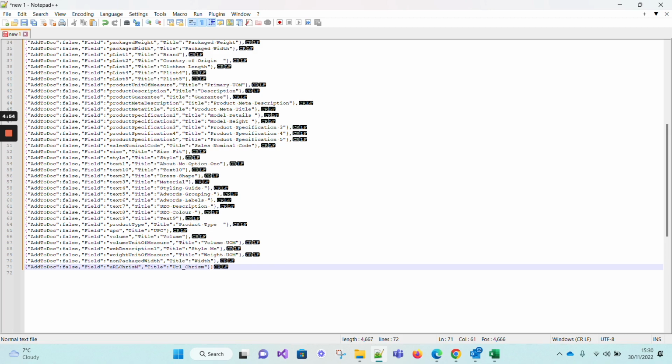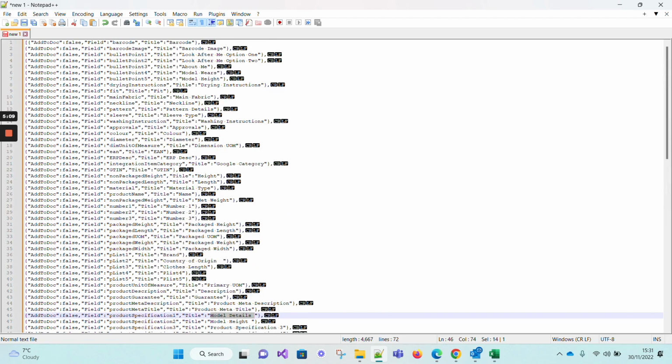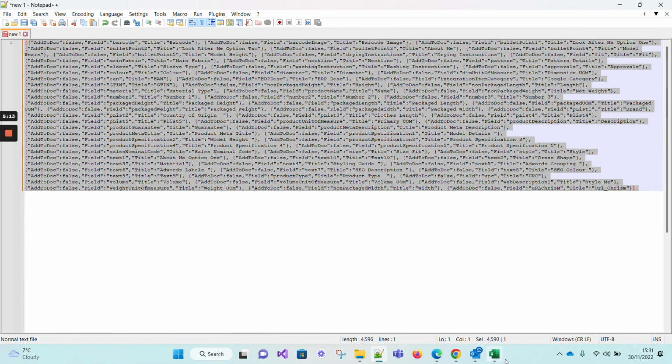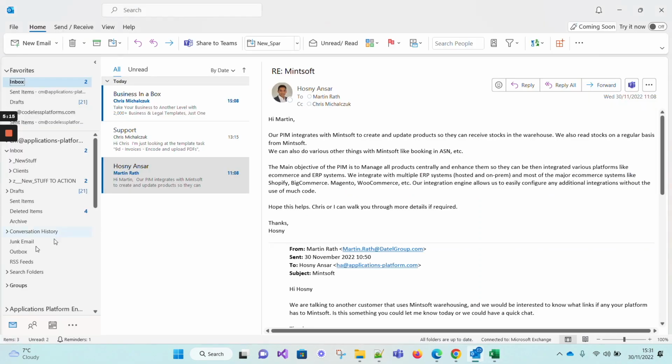I've marked all these as false because I'm not doing that. This is actually the field name that you're seeing here, and this is the label that I want. So I can just copy that,